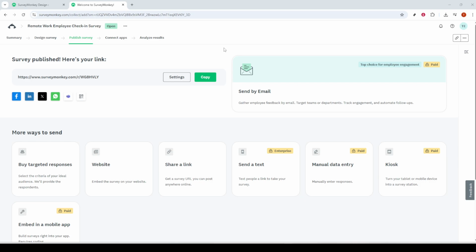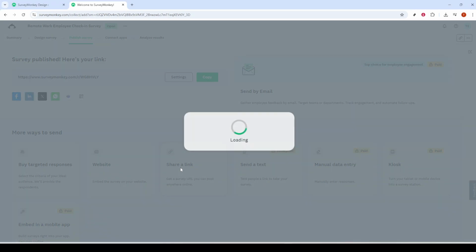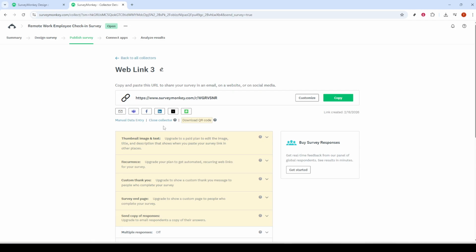Next, choose the web link collector by selecting Share a Link. A collector is simply SurveyMonkey's tool for generating a unique URL and tracking responses that come through it. The web link option gives you a single, shareable address you can use on multiple platforms. Once you select it, SurveyMonkey will generate the URL for your survey and display it prominently. This link is live and points respondents straight to your first question, so it's an efficient, universal way to invite